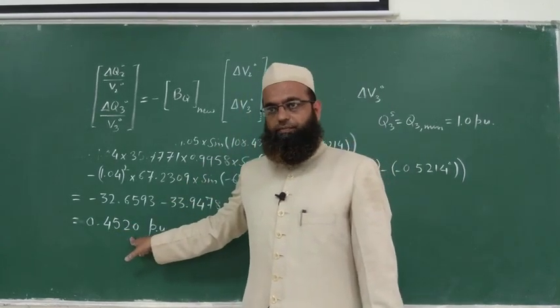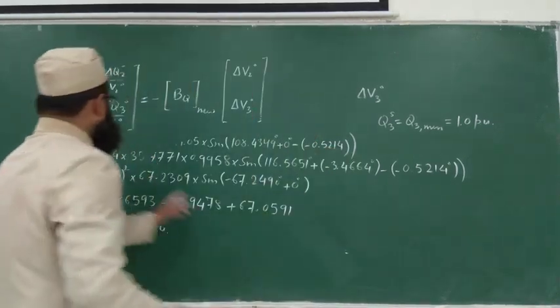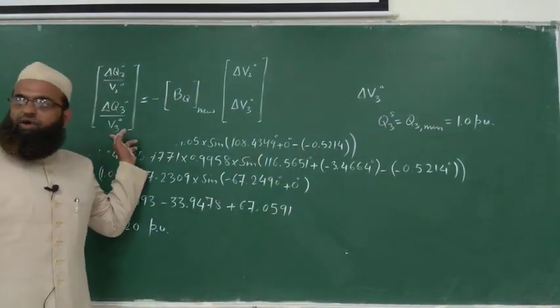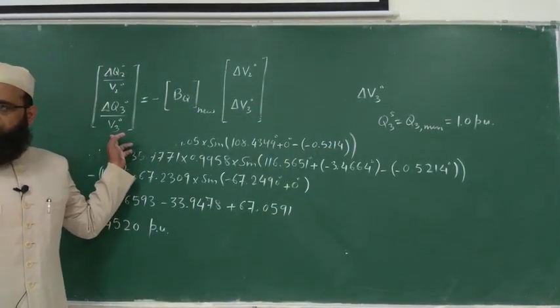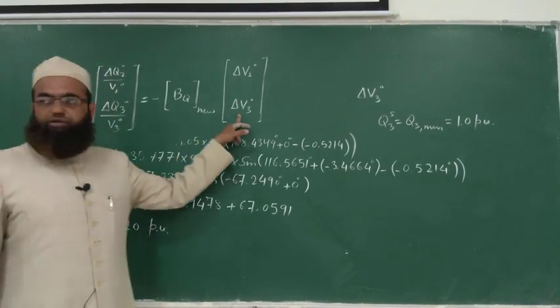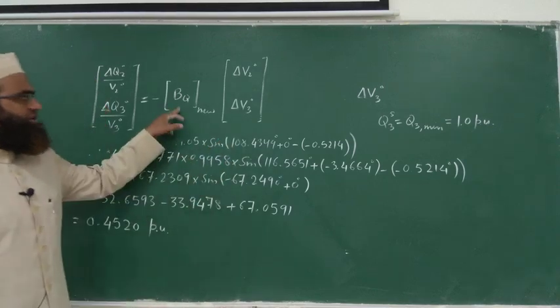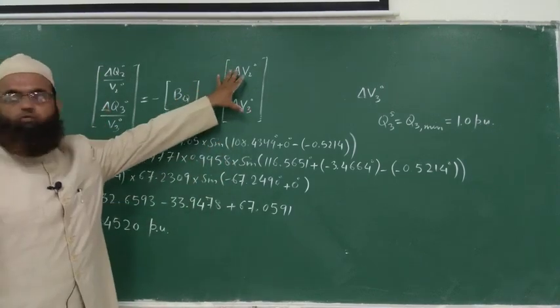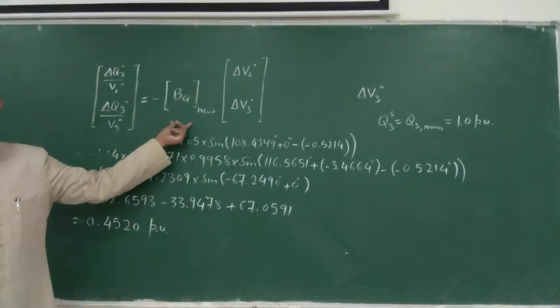Are you getting or not? V30 you will substitute whatever the specified was there, 1.04. So now you know this, you have to evaluate this. What will be the order of this matrix? 2 by 2. You know this is of 2 by 1, 2 by 1. So this will be 2 by 2.